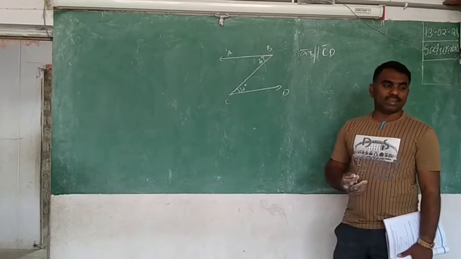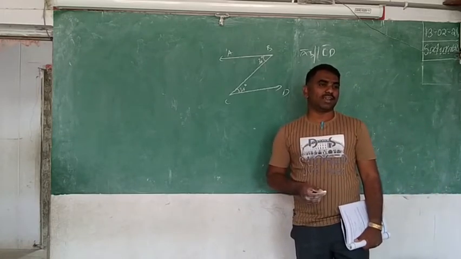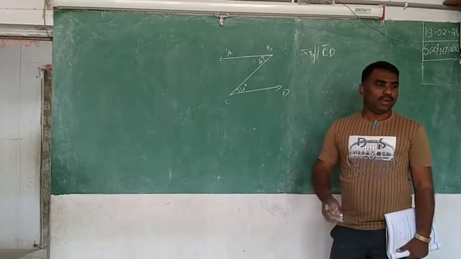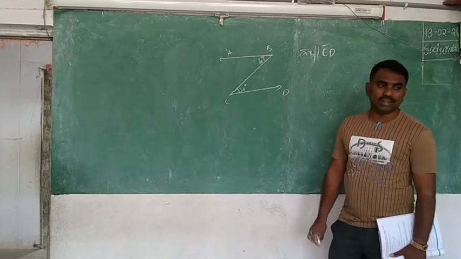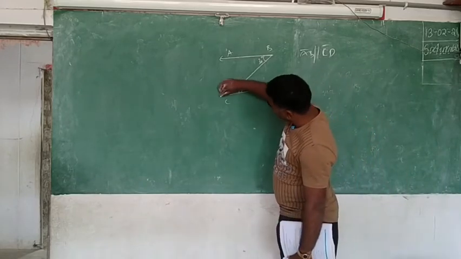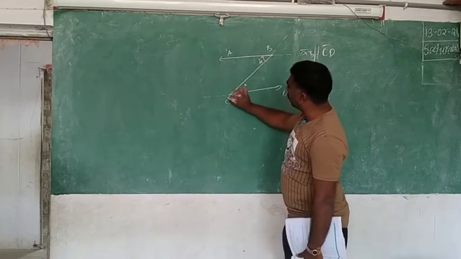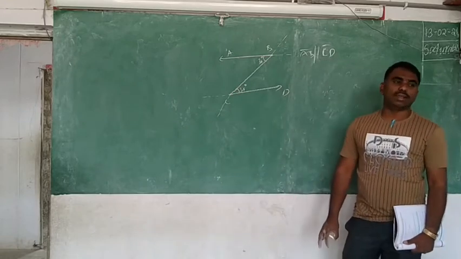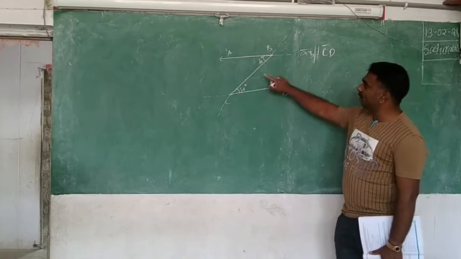Okay, angles. Which angles are they? What are they called? In that pair, is the transversal here? Are you finding the transversal here? Yes, where? Yesterday I said to you, you can produce it like that. Now the transversal is looking good. On the transversal, what pair is it called? What are this pair of angles called?